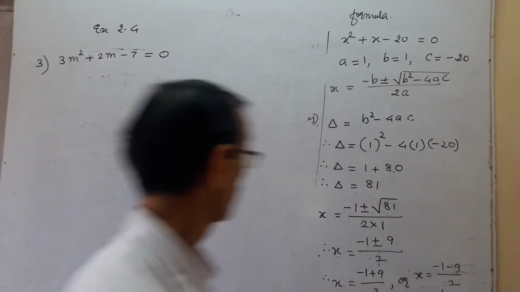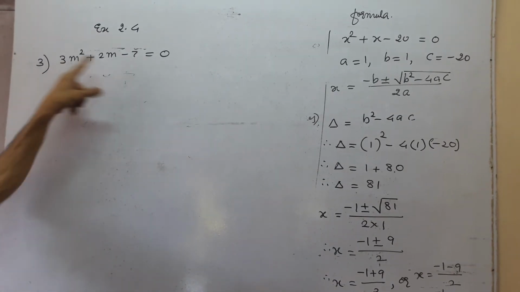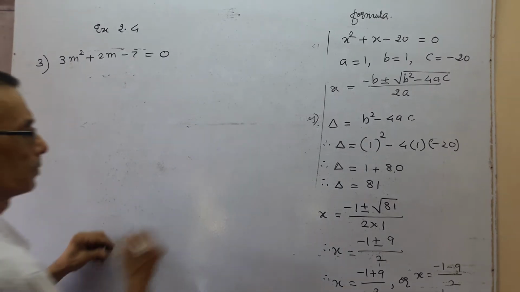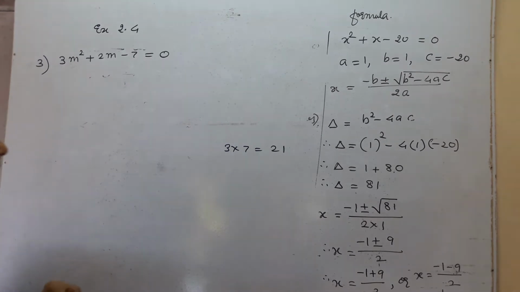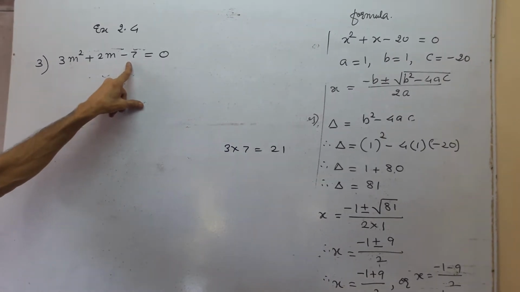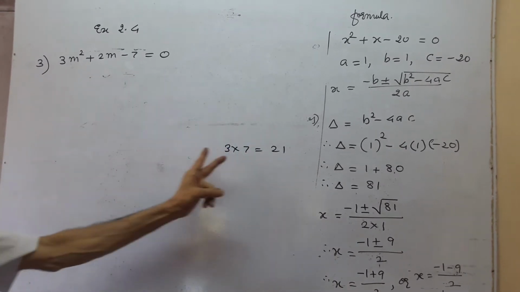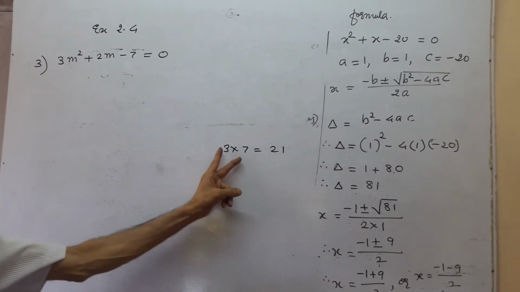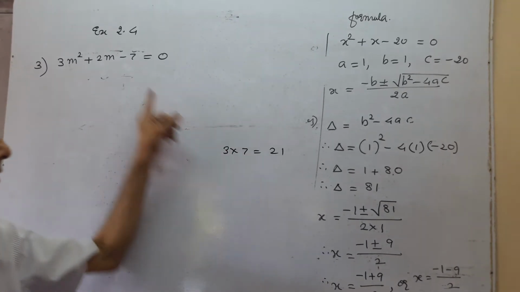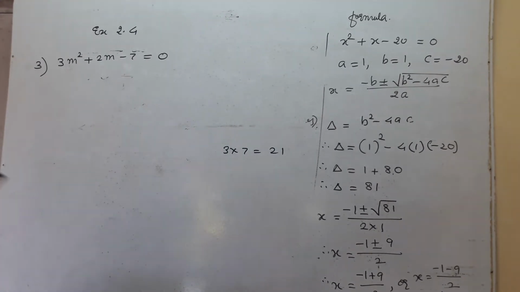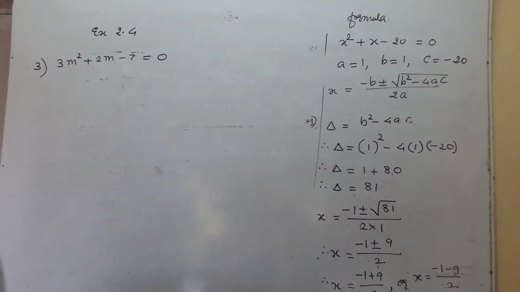Right, now look at 7 and 3. They do not have factors because both are prime numbers. They themselves are factors, 3 and 7. And then we get 21. Now we have to find two numbers in such a way that the product is 21 and the difference is 2. Besides these, there are no two natural numbers. There are numbers, but no natural numbers. And therefore we cannot solve this by factorization method. Since we cannot, we have to use either the perfect square method or the formula method.